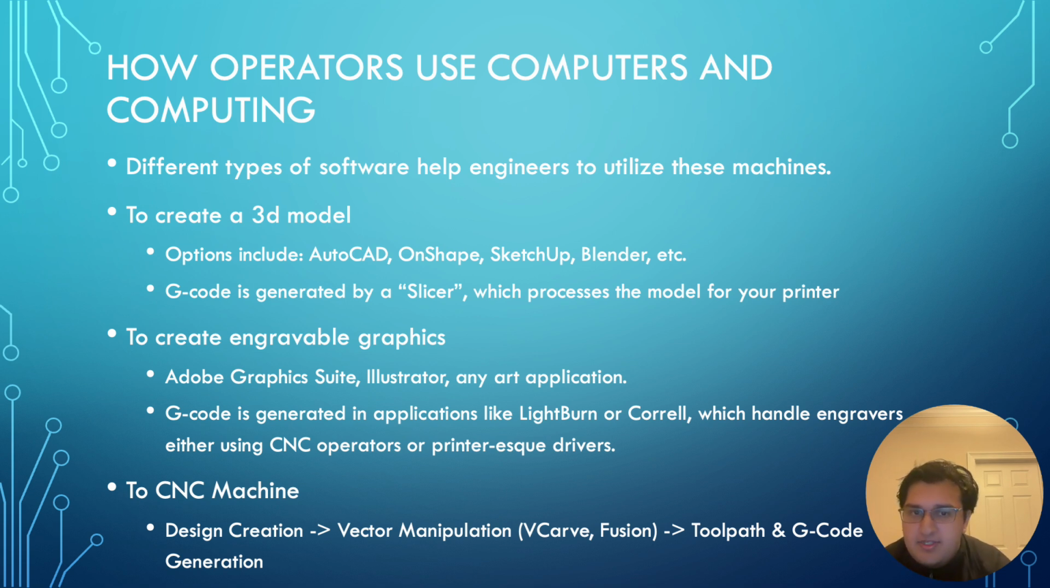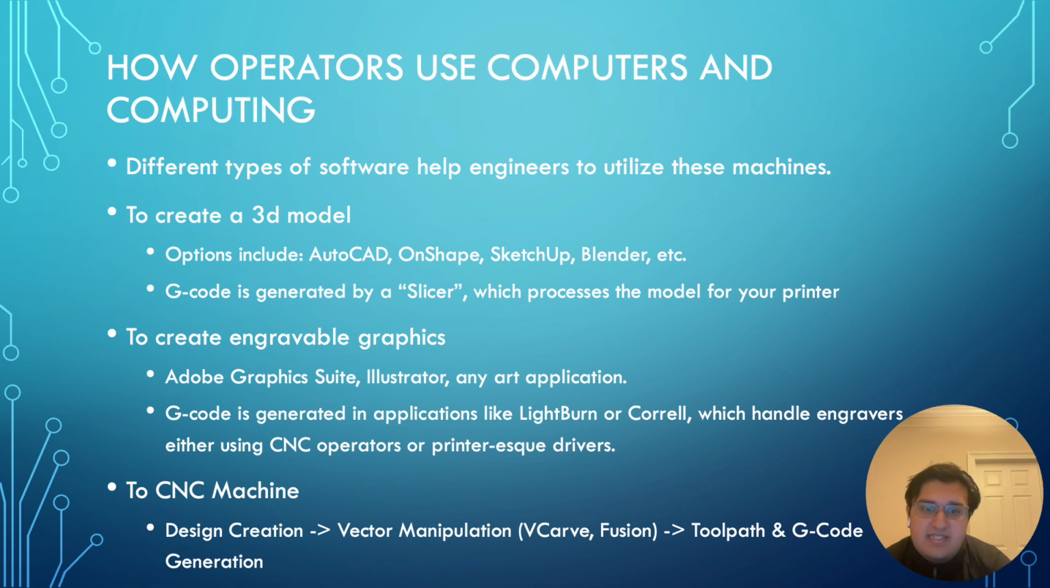After that, you want to export them and take it into a slicer, which will process that model and make the G-code we were talking about. To create engravable graphics, you can just make any kind of graphic. Adobe Illustrator is what I like to use. But there's also PowerPoint even, where you just make what you want and then export it as a graphic, an SVG. And then you can generate that G-code in any kind of printing application for some printers, or some special software like Lightburn for other more industrial types of